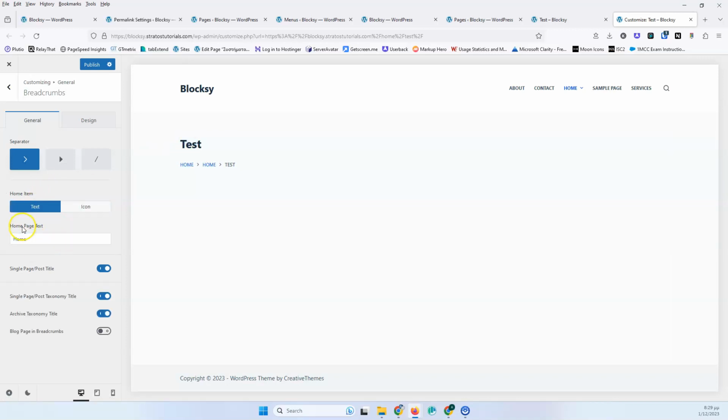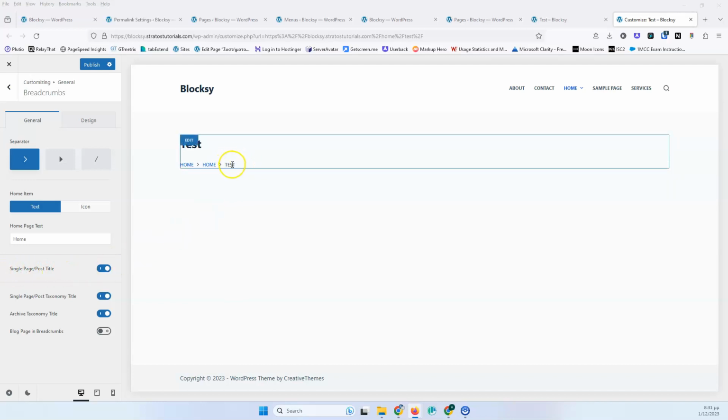Here we can change the home page title, and we can do something different. And if you want to remove it, I will probably use Rank Math SEO that I'm using, and if I hover over into Breadcrumbs, I will go and remove the home from Breadcrumbs there. Here also we have some settings, single page post title, so the page title is the test,